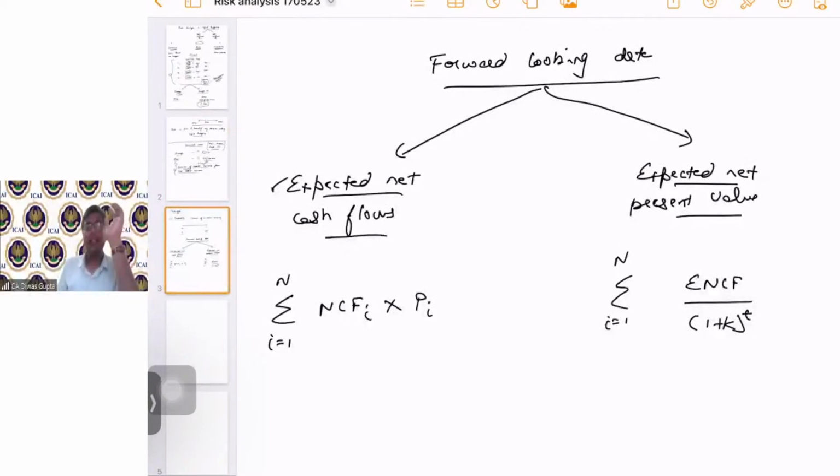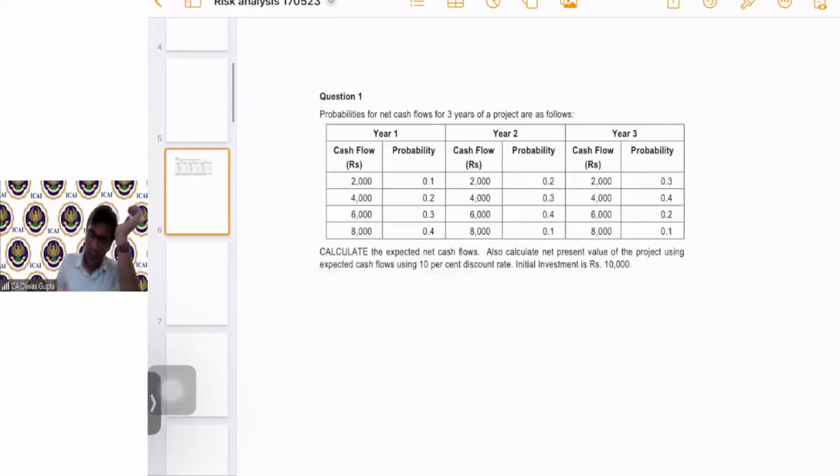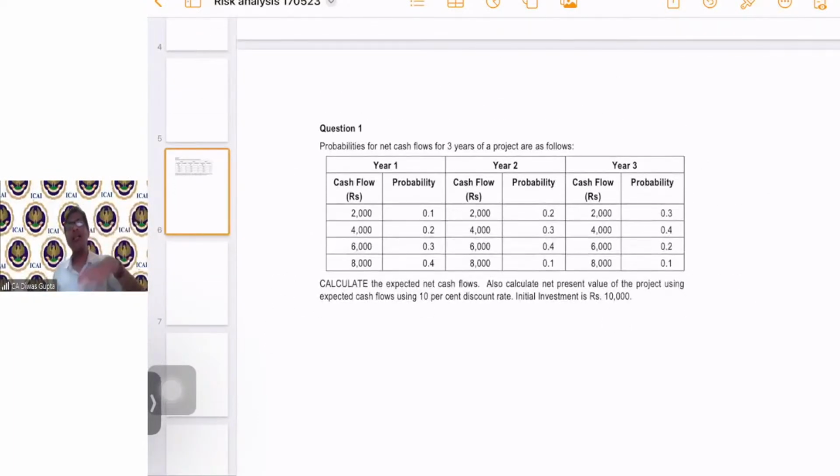So in this probability, we are actually studying two things. First of all, for the cash flows, we will have to calculate the expected value. What is the best possible value that we need to calculate? Then basis the expected net cash flow that you have calculated, you will just take a present value of it and arrive at the expected net present value. So students, let's try to understand these formulas in a better manner through these numbers.